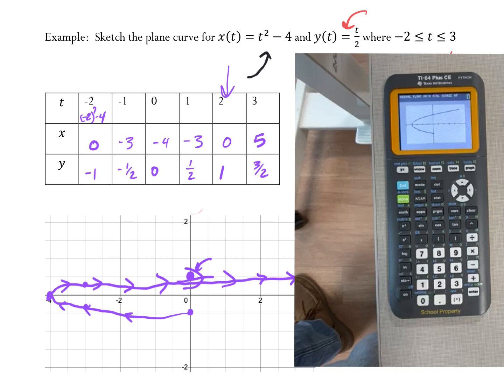You notice it's asking me for my t min, my t max, and my t step. My t min, I'm going to make -2. My t max, I'm going to make 3. And I'm going to make my t step 1. The reason I did that is my minimum t, my maximum t, and the steps in between are all one unit, right? Now, making sure my x min and max, we'll make this 0 and this 2, just thinking through. Oh, no. My y min needs to be -2 to 2. My x's go from -4 to 5. Something like that. Okay, so now when I hit graph,